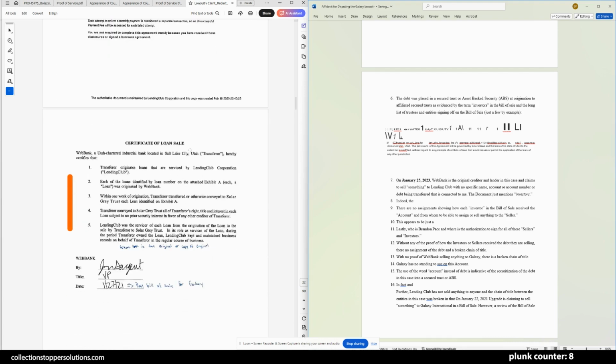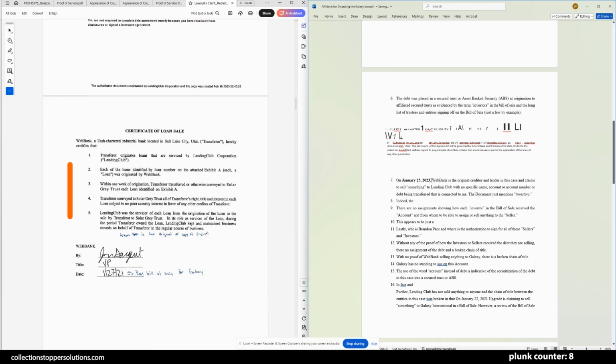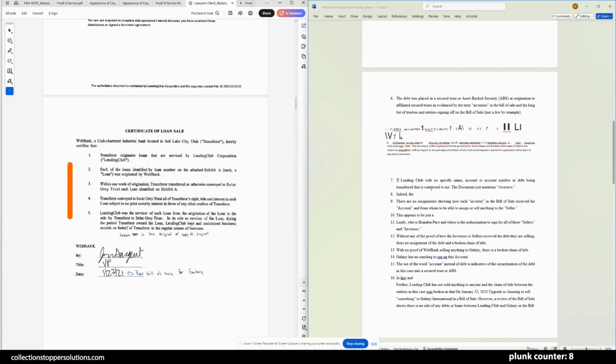What we have is the bill of sale of Lending Club selling. Let's just get rid of that. The bill of sale. The bill of sale from Lending Club with no specific account number, account or debt being transferred that is connected to me